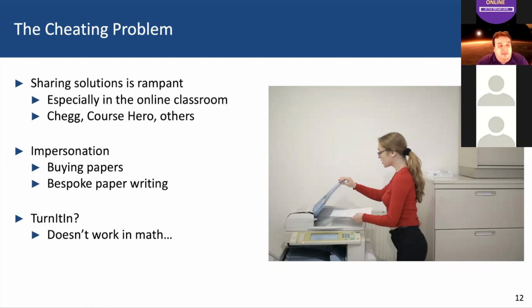Now there are ways to detect this, and that's Turnitin. And there's similar sources as well, but Turnitin's kind of the 500-pound gorilla in cheating detection. But here's a problem: Turnitin doesn't work in math, because often, if my students' answers don't look roughly similar to everyone else's, there's a problem, because you want them to be using roughly the same approach to get the same answer. In addition, Turnitin just does not speak mathematical formula in a meaningful way. And given the diversity of ways mathematics can be written online, and I even have a question about that, which we're going to get back to,